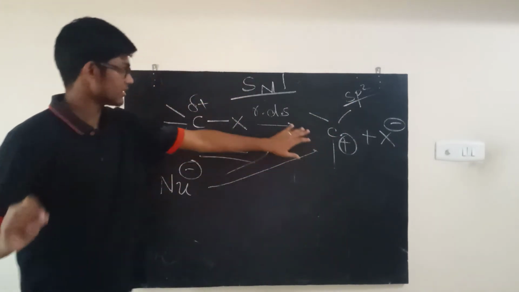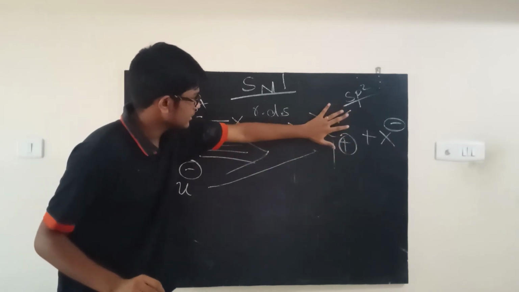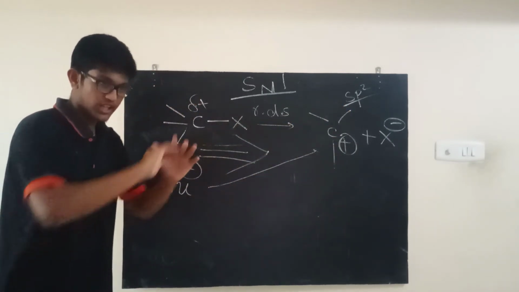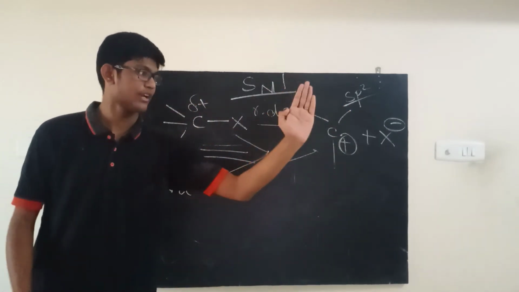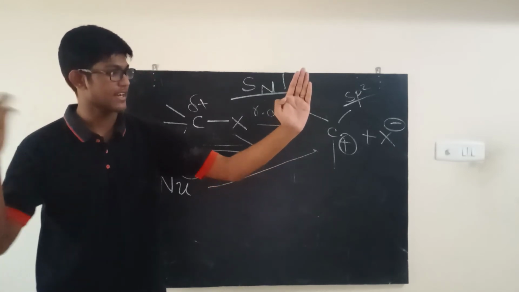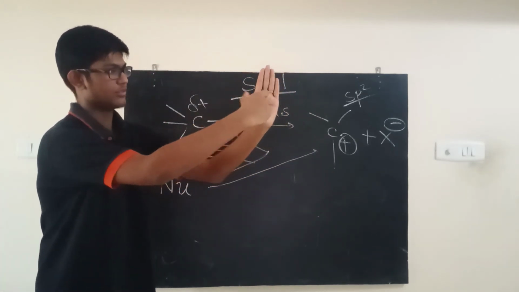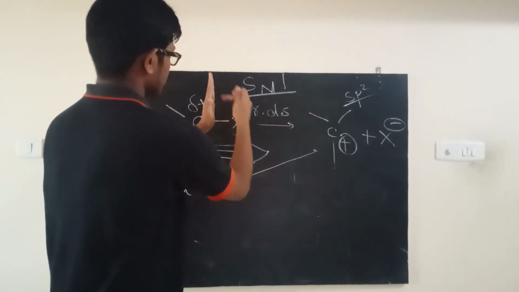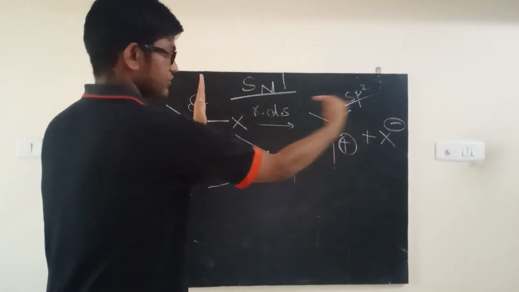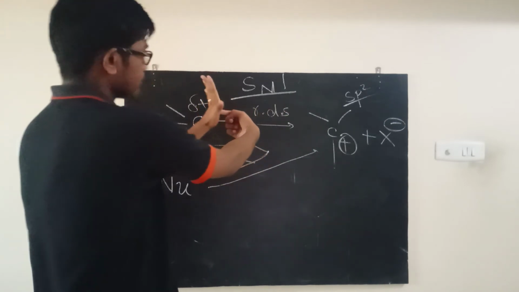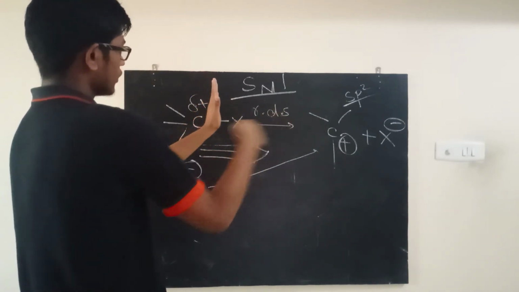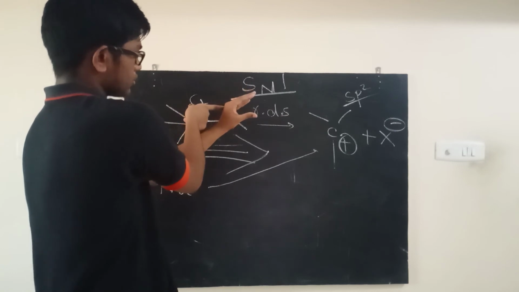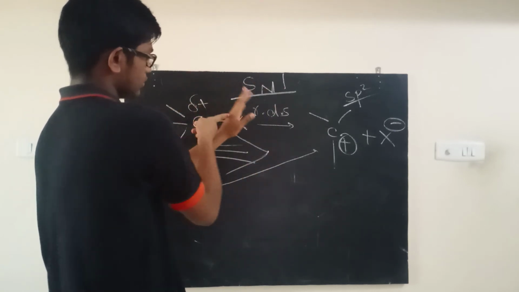The interesting thing, however, is that because this is planar, and remember we're talking about 3D space right now, okay? So there's a carbocation like this, and if I'm a nucleophile, I can attack from this way and move these guys like this. So let me show you. This is the carbon, okay? Carbon, 3 bonds. Nucleophile can attack from this side, in which case this will be pushed this way, or the nucleophile can attack from this side and this will be pushed this way. So you can see that there are 2 cases which arise.